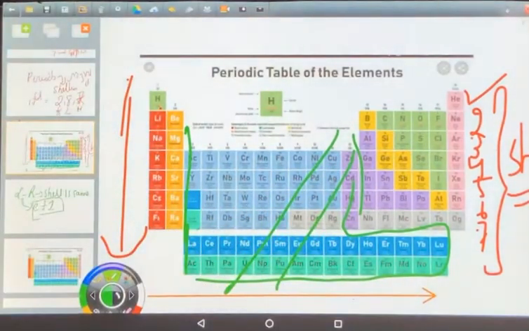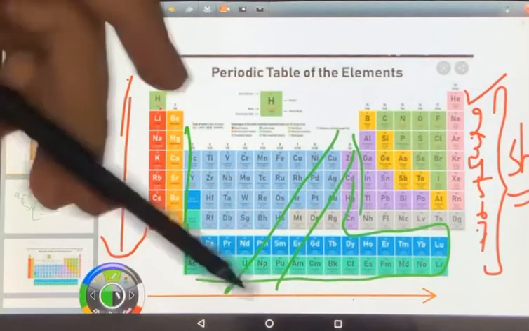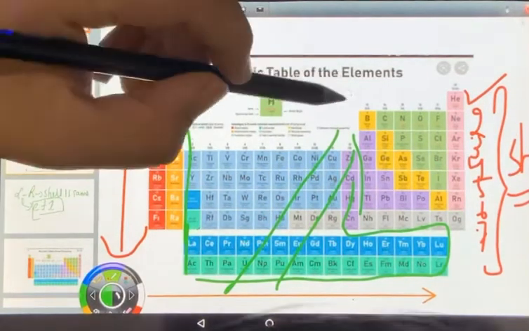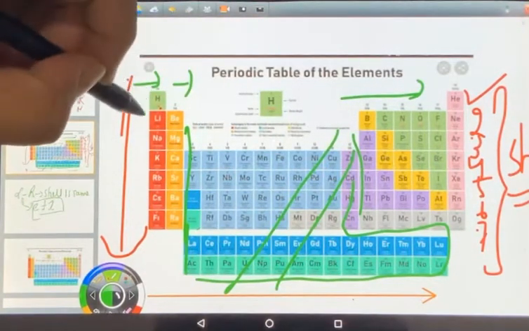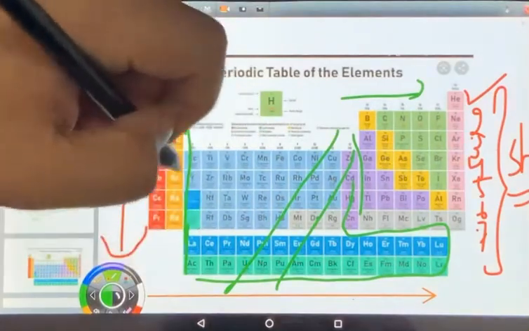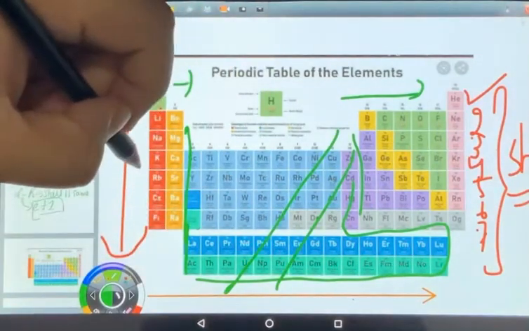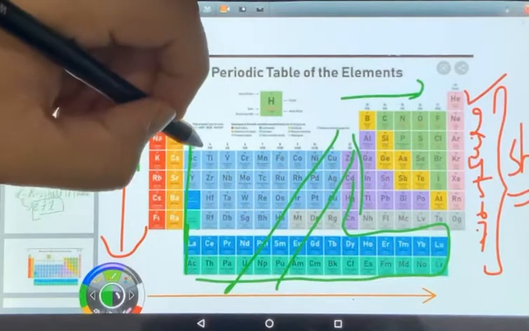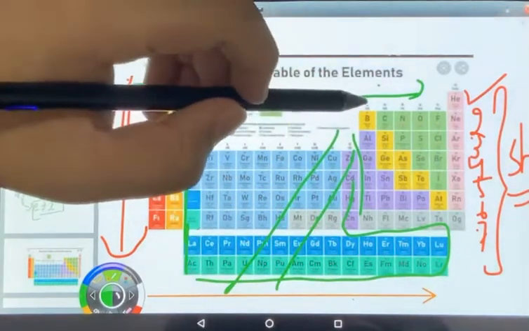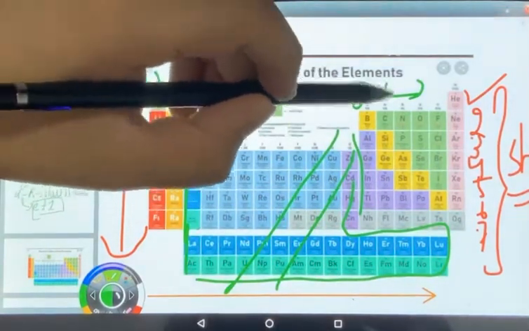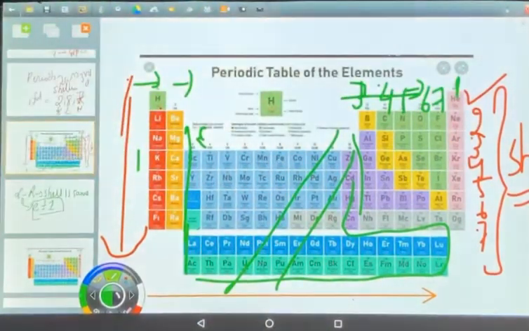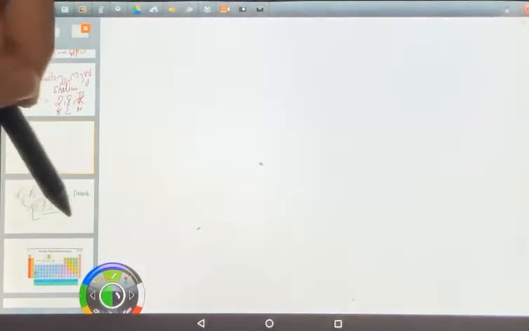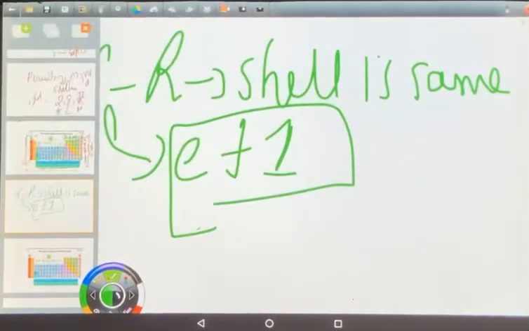Okay. So as I told you that when we are moving left to right in a period, we are actually moving across the groups. हम groups की तरफ move कर रहे हैं और groups में valence electron बढ़ रहा है. ग्रुप नंबर 1 है ये, जब हम इस पीरियड के थ्रू जा रहे हैं, suppose we are going through period number 3, 4, ये ग्रुप नंबर 1 है तो 1 valence electron, ग्रुप नंबर 2 में 2 valence electron, ये ग्रुप नंबर 13 तो 3 valence electron, 14 में 4, 15 में 5, 16 में 6, 17 में 7, 18 में 8. Okay, तो इसलिए when we are going left to right in a period, we are increasing 1 valence electron but the shell is same.